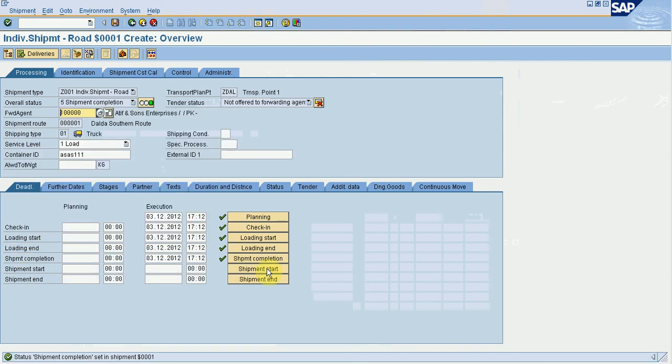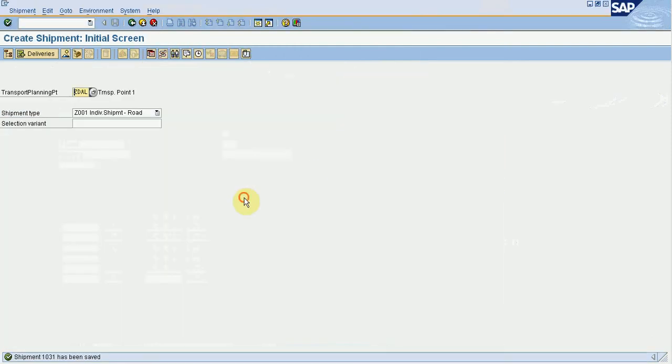Please start the shipment. Once I press save, the system in the background is carrying out the posting of the goods issue. My shipment number 1031 has been saved.